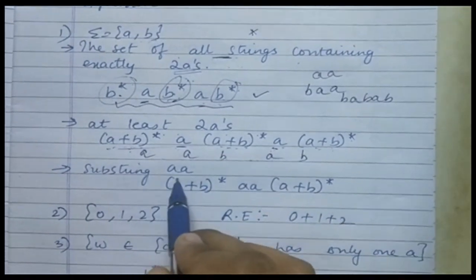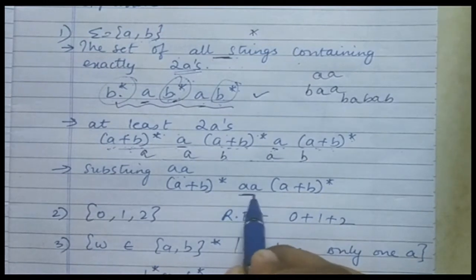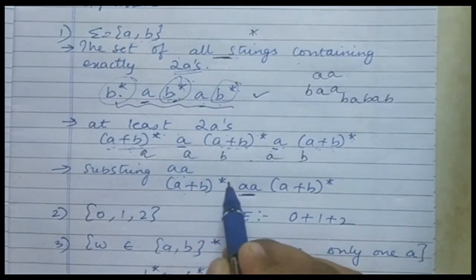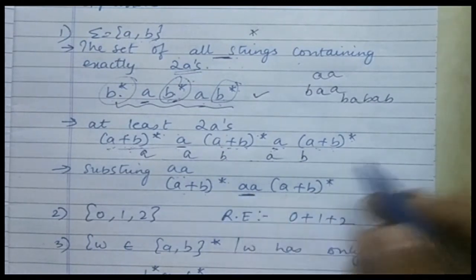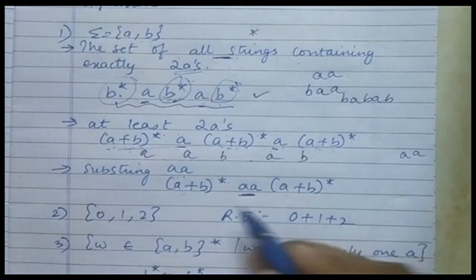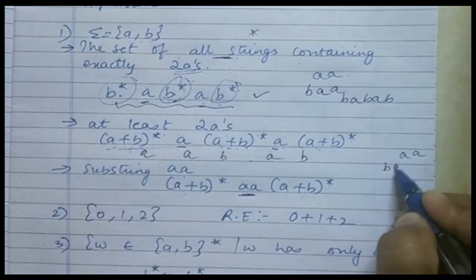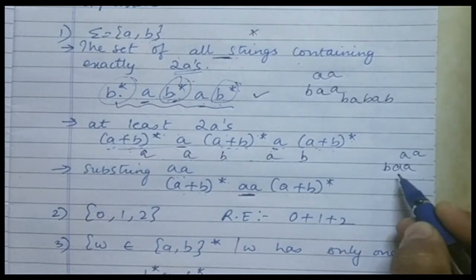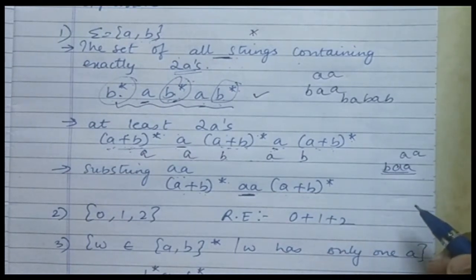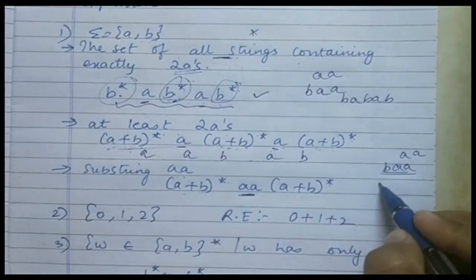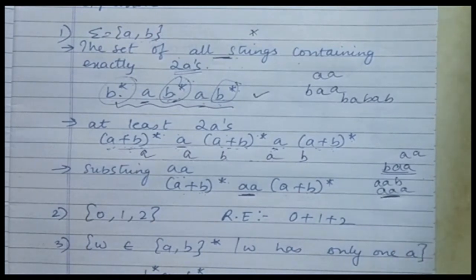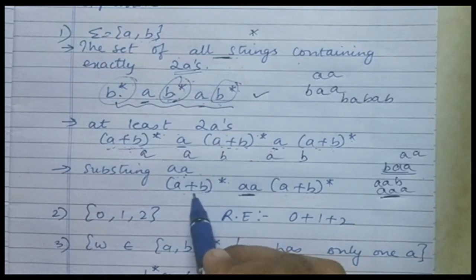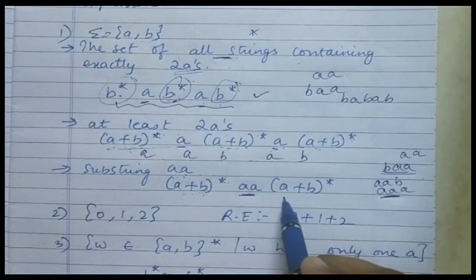Now it should contain a substring double a. So substring double a must be coming in your words. So a plus b star, a plus b star. Here if we consider empty, then our first string is a. Suppose here I take b, then it is b a, and then this is empty, so the substring double a is coming in this. Suppose I keep this empty, then I can write a b, or a, still the substring a is coming. So for the substring we can write this a plus b star a and then followed by a plus b the whole star.